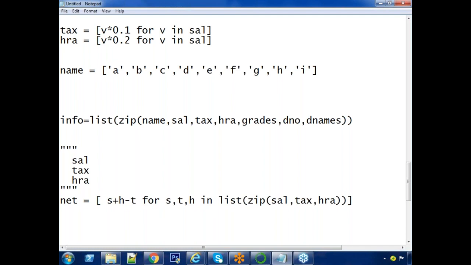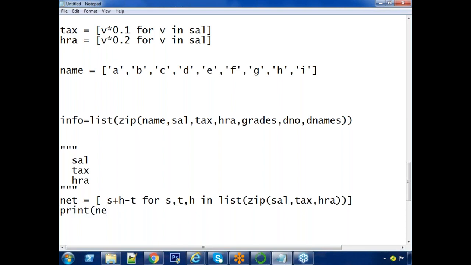Simple expression. In general, in other languages, if you have multiple lists, in order to perform such kind of operation, you need to write a very big code. Here, just one single line. Now check your net value.